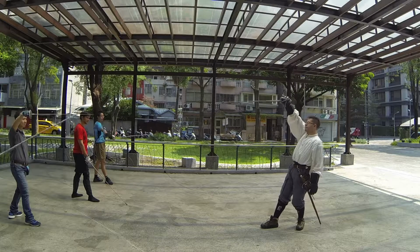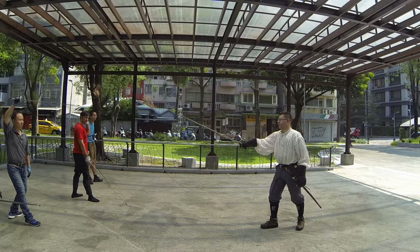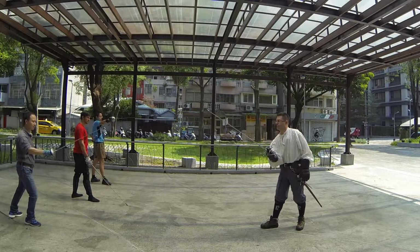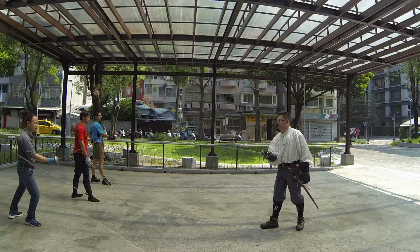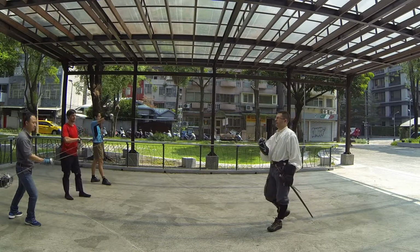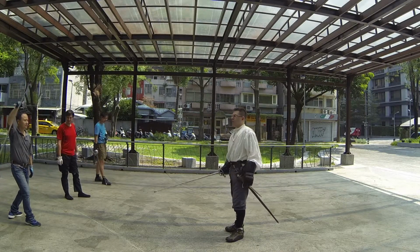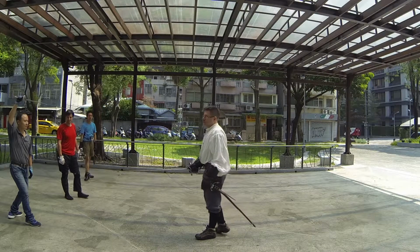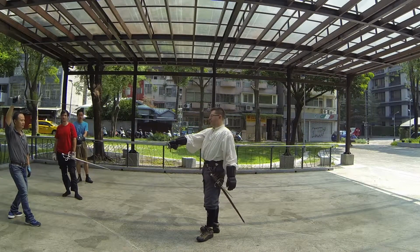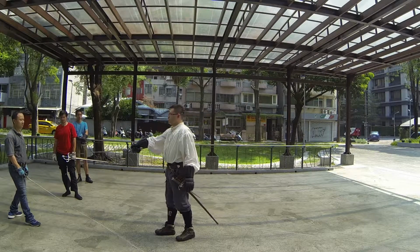But if you watch my point, you should see that when I move through the guards, my point always maintains the line. I can always keep my point along that vertical axis. So I'm trying to maintain basically directing my point towards my opponent's center mass. If I'm keeping my point directed basically at my opponent's center mass, it gives me the greatest